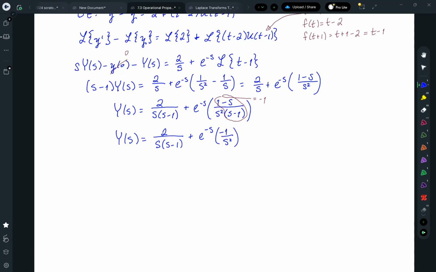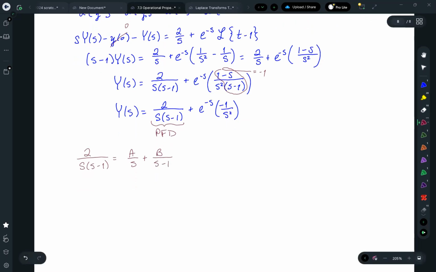So the e to the minus s multiplier with the negative 1 over s squared, I have a simple function right there. I don't need to do a partial fraction decomposition on it. But the 2 over s times (s minus 1), I need a partial fraction decomposition. And so when I do that, I'm dealing with 2 over s times (s minus 1) is A over s plus B over s minus 1. If I clear the fractions,